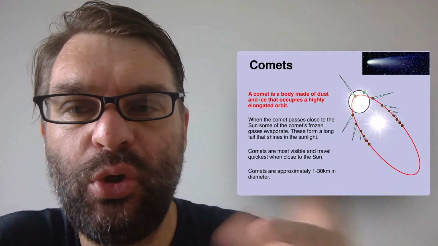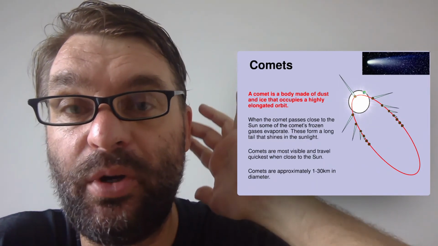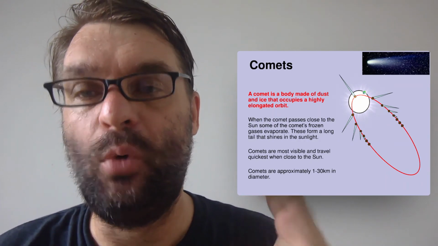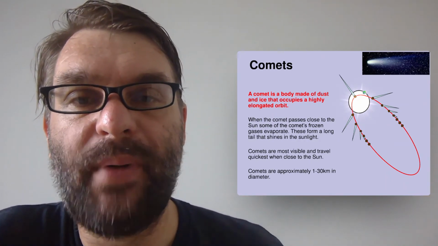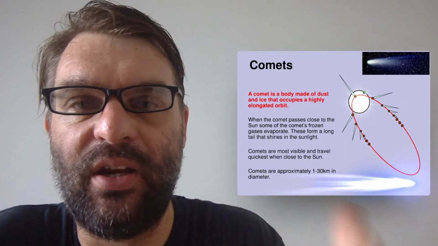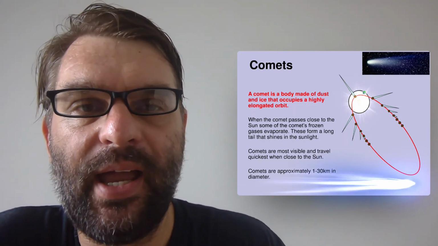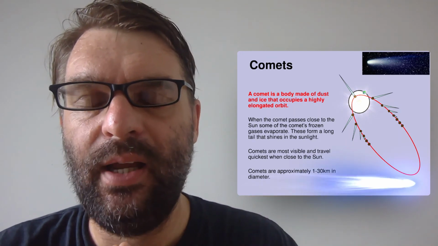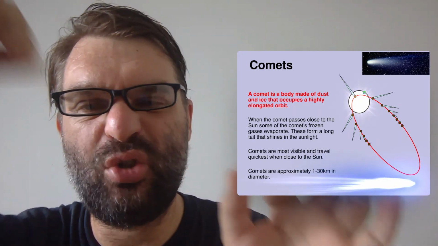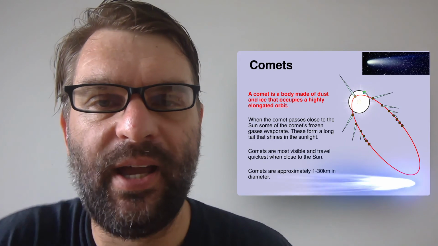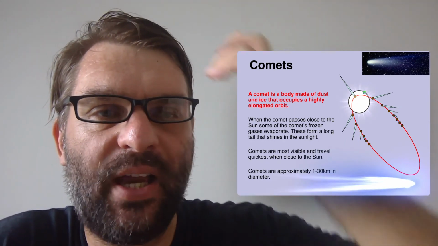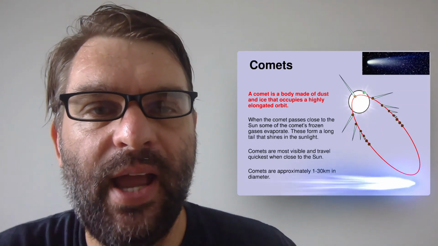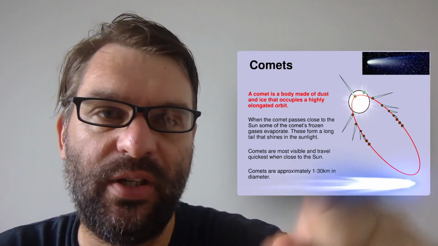And finally, to compare that with the other celestial body, the comet, in terms of its orbit. The comet is basically an object made of dust and ice. Okay, and you can see that the ellipse, unlike the orbit of a planet, is a lot more stretched out, more elongated. And you can see what happens actually, because it's made of ice, that ice melts as it gets closer to the Sun, and that causes a tail to form, which you can see in the image there